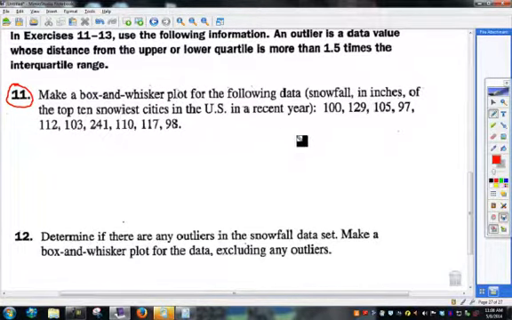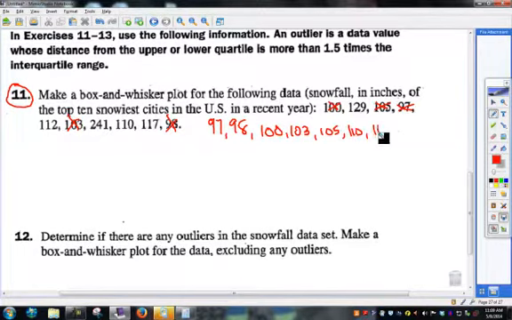Okay? All right. So I know that I need to, first of all, we always list them least to greatest. So 97, 98. Okay, let me cross them off so I can make sure I keep track of them. 100, 103, 103, 105, 110, 112, 117, and 129. Okay, so remember, whenever you're doing a box plot, guys, the first thing you got to do